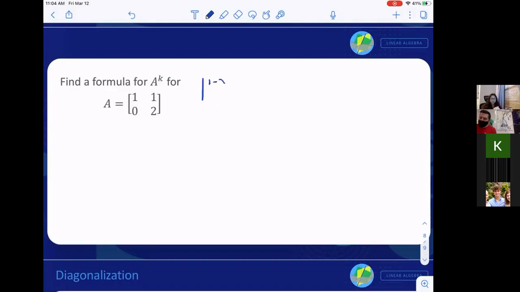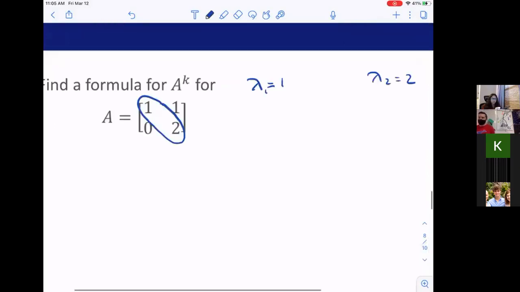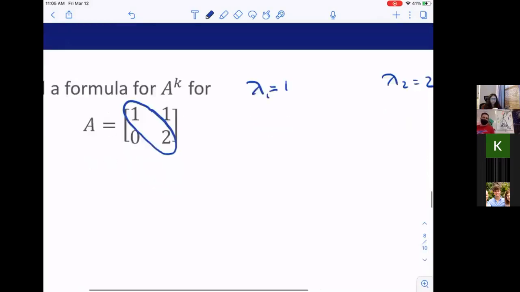So I'm going to have 1 minus lambda. Oh, wait, I don't even have to do that, right? You could do that, but this is a diagonal matrix. I mean, a triangular matrix, sorry. So my eigenvalues are 1 and 2. If you didn't see that, you could do it the longer way. But every time you see one of those shortcuts, go ahead and use it, because usually it's because we've already done that. And now we're trying to do something else, and I don't want you spending a bunch more time doing the same exact problems we already did in a different homework. So